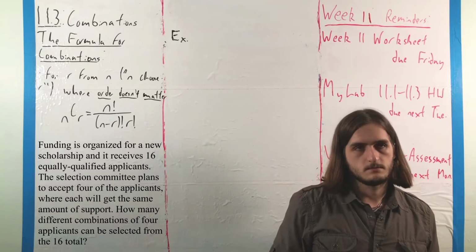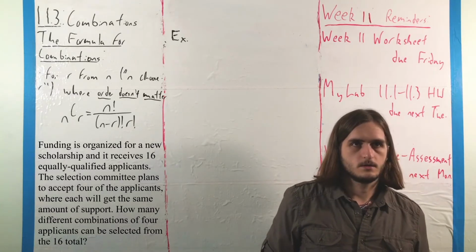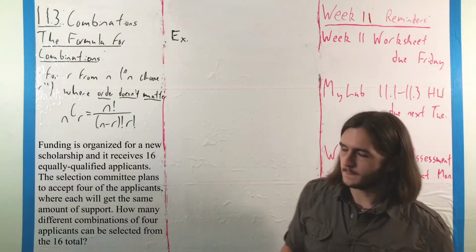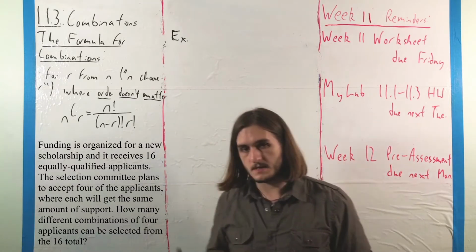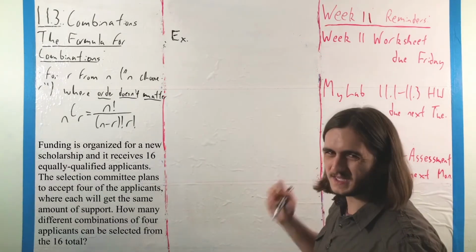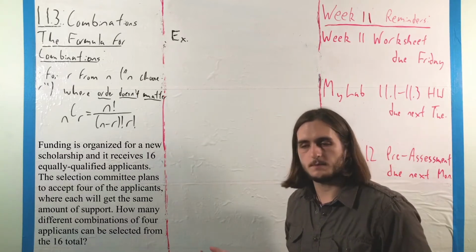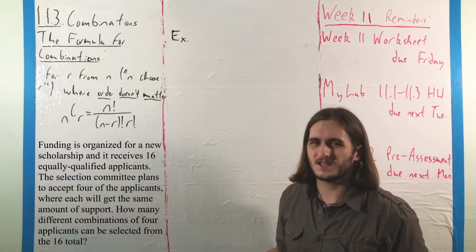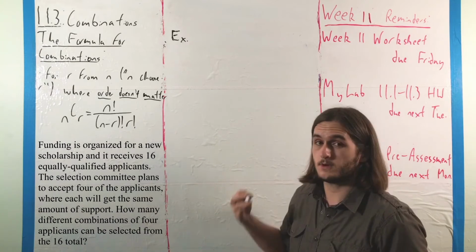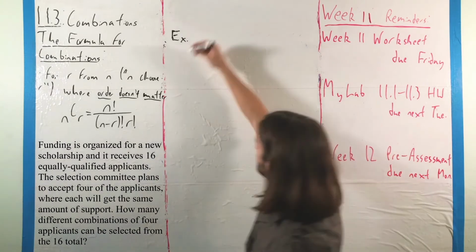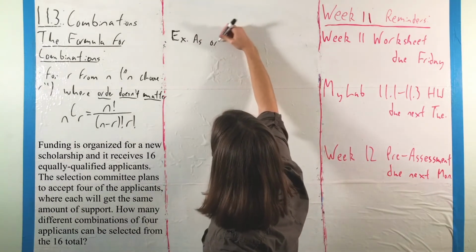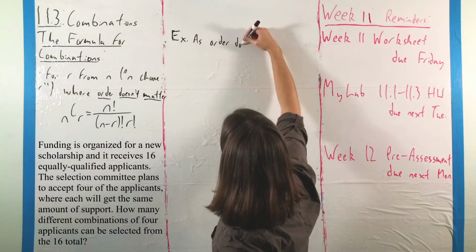So here, ignoring the fact that I wrote combinations in there, what we should be able to tell is that because the funding is all the same, the order in which they're selected doesn't matter. The first person picked gets no more support than the fourth, gets no more support than the second, gets no more support than the third. So, as order doesn't matter,